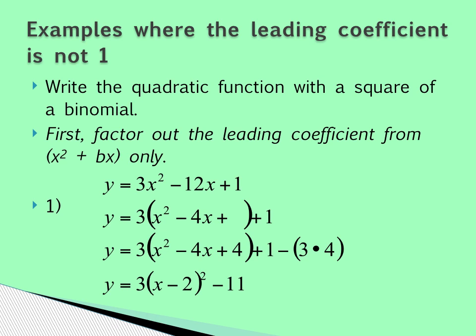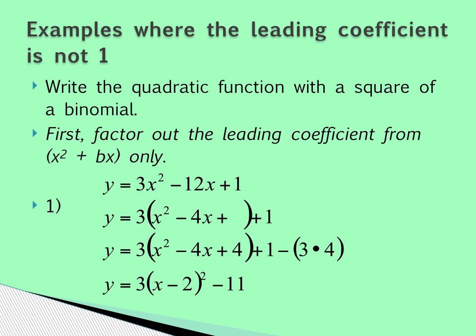So I have factored out the 3. I got x squared minus 4x. And that plus 1 is going to stay on the outside. That minus 4x I divided by 2, and that coefficient, I'm going to square it. That's going to be my c that I use for completing the square. And when I do that, I want to offset by including that 4, and so I'm going to negate it. I'm going to subtract